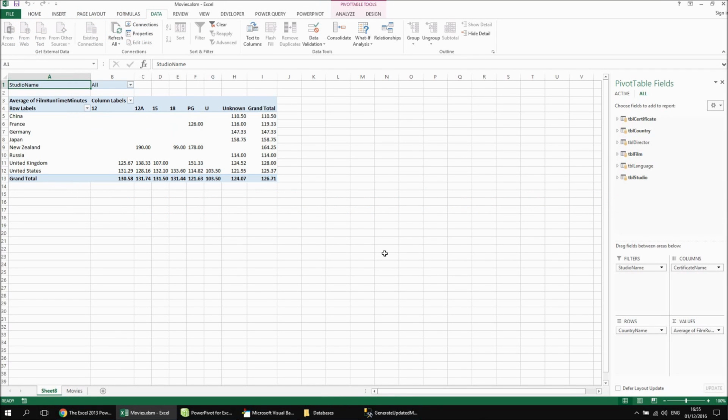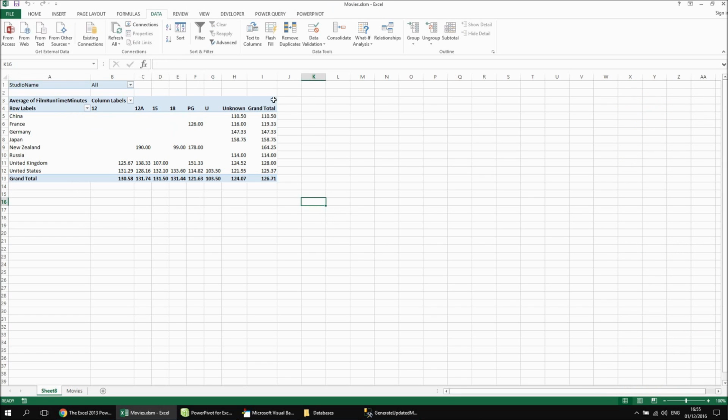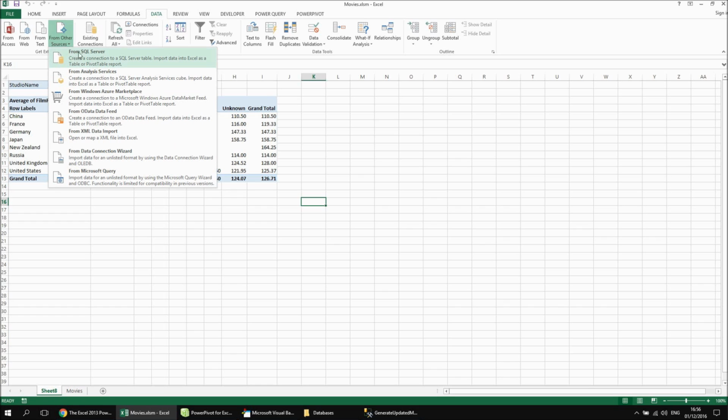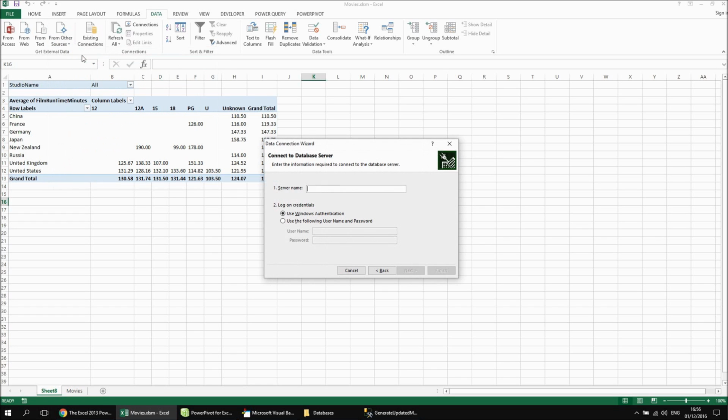Creating a connection to the SQL Server database is kind of similar to doing that for the Access database. There's a couple of extra little steps to follow though. So to start with, I'm going to select a blank cell somewhere in my worksheet, and then from the Data tab in the ribbon, I'm going to choose this From Other Sources. And there's a specific option here, From SQL Server. So if I choose that, it will launch a little wizard to allow me to connect to a SQL Server